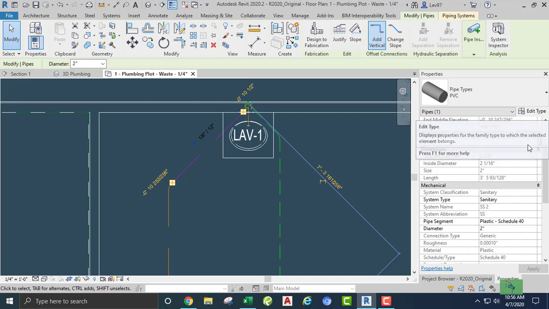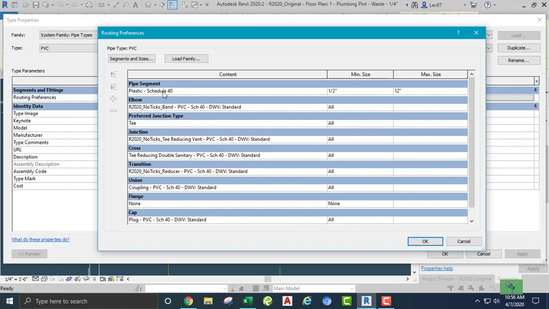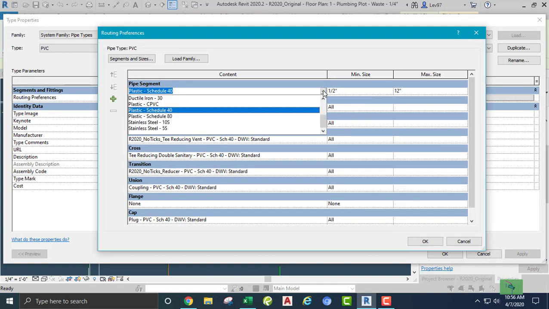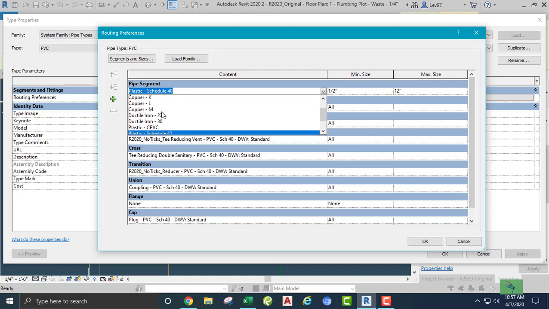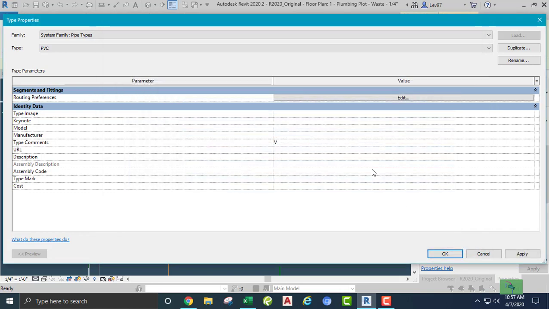I can go to my pipe segment, which is this pipe segment, and change it to one of these, but the fittings aren't there. So if there are fittings out there that are cast iron or copper,